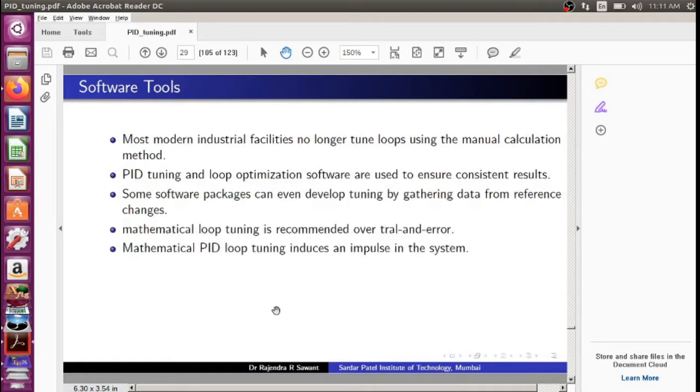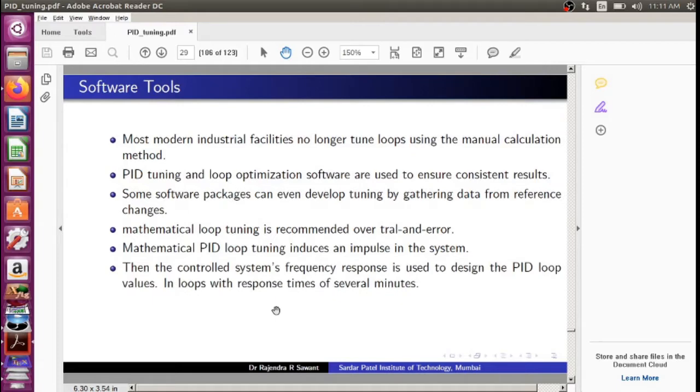Mathematical loop tuning is recommended over trial and error. Mathematical PID loop tuning induces an impulse in the system, and those impulses are used to study the effect of the PID controller and then fine tune the system. Then the control system's frequency response is used to design the PID loop values, in loops with response times of several minutes.